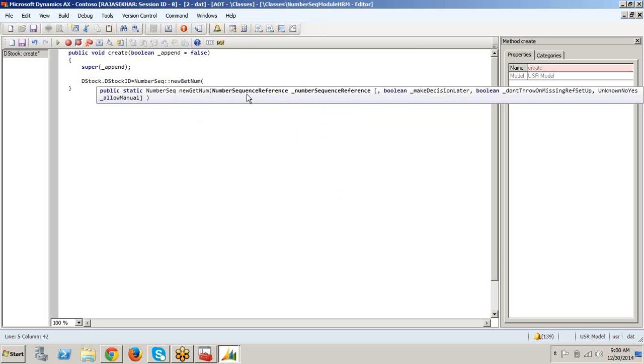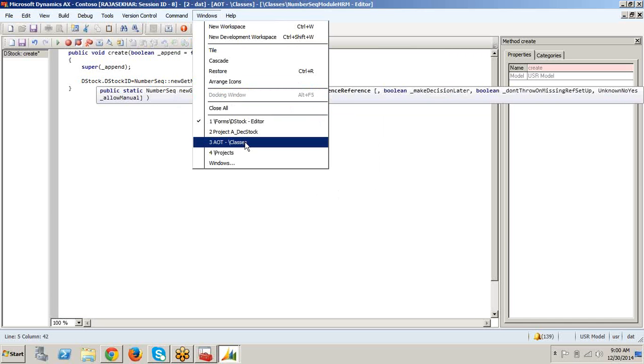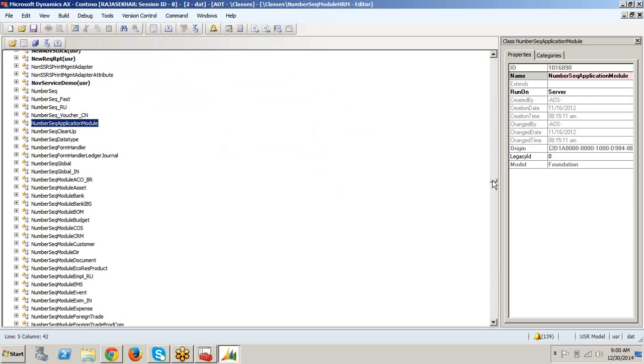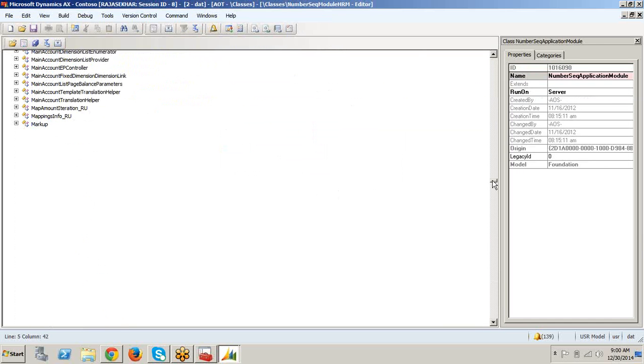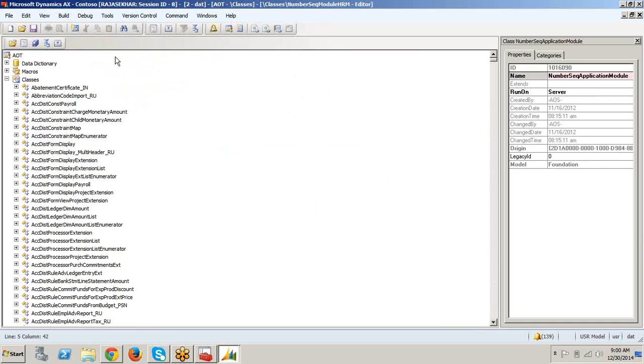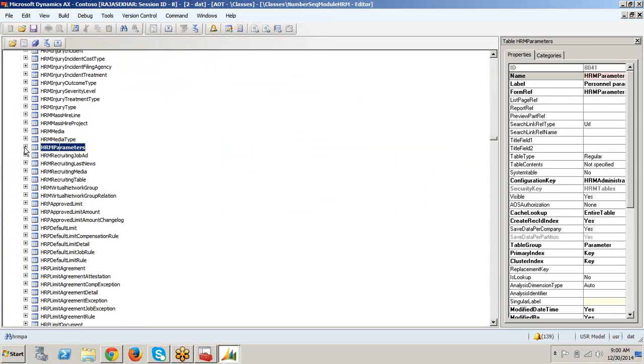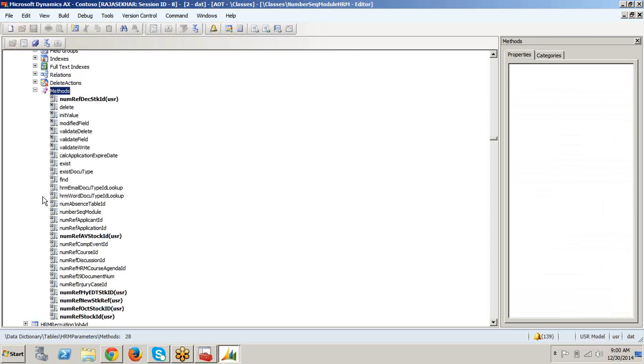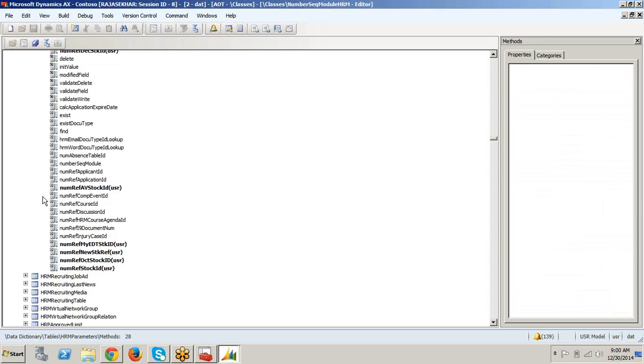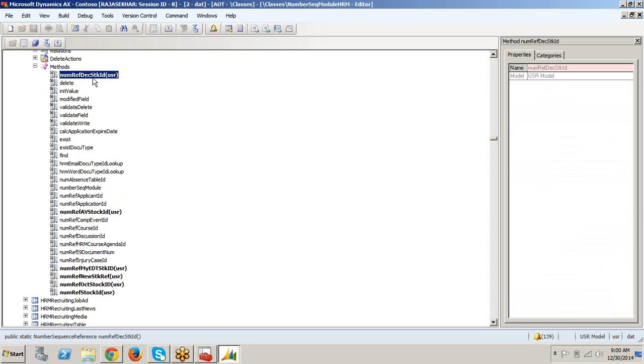What is the number sequence reference? We have a number sequence reference number that we have created in the HRM parameters. Do you remember this? The tables, HRM parameters, you have created a new method, that is number DEC stock ID.